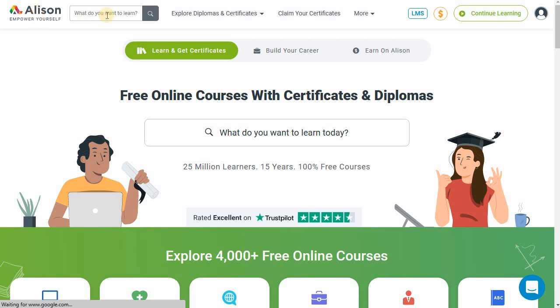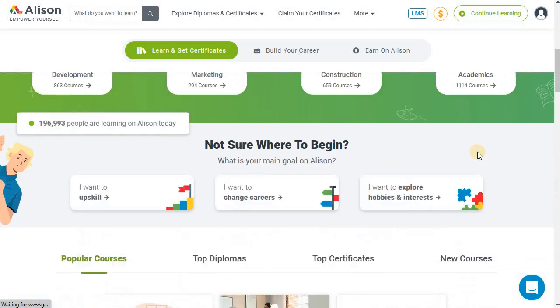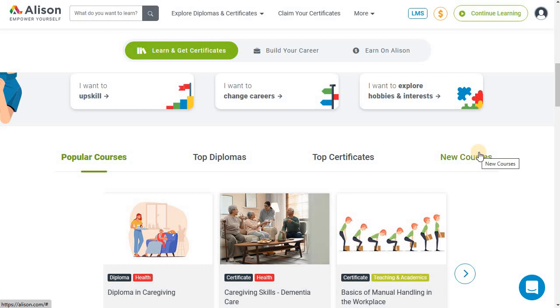But the free learning offered by ALISON, it doesn't matter if you're a degree holder or a master's degree holder, or you're a person who just came out of school, a person who has never been to school. It gives you the opportunity to learn for free and keep your skill sets up to date, because most of the courses are up to date, and they really keep your skill sets fine-tuned, because these days employers are looking